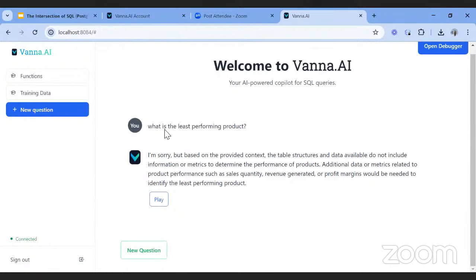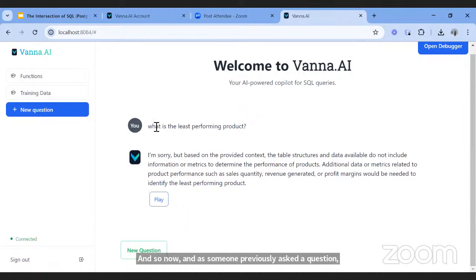Okay. Now what you can see here is that it needs a bit more context, right? And as someone previously asked a question regarding hallucination, this is something you can factor in when designing your architecture, your RAG architecture, or if you are using wrappers like Vanna.ai, or an open source version of this.